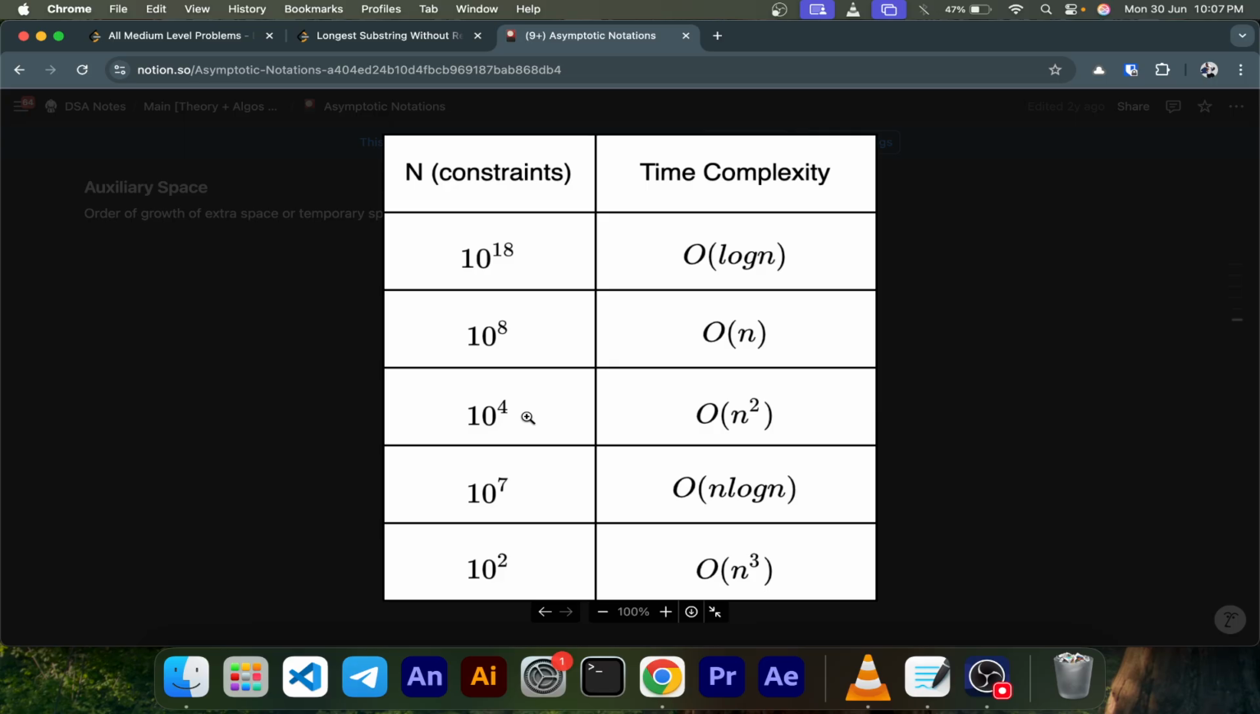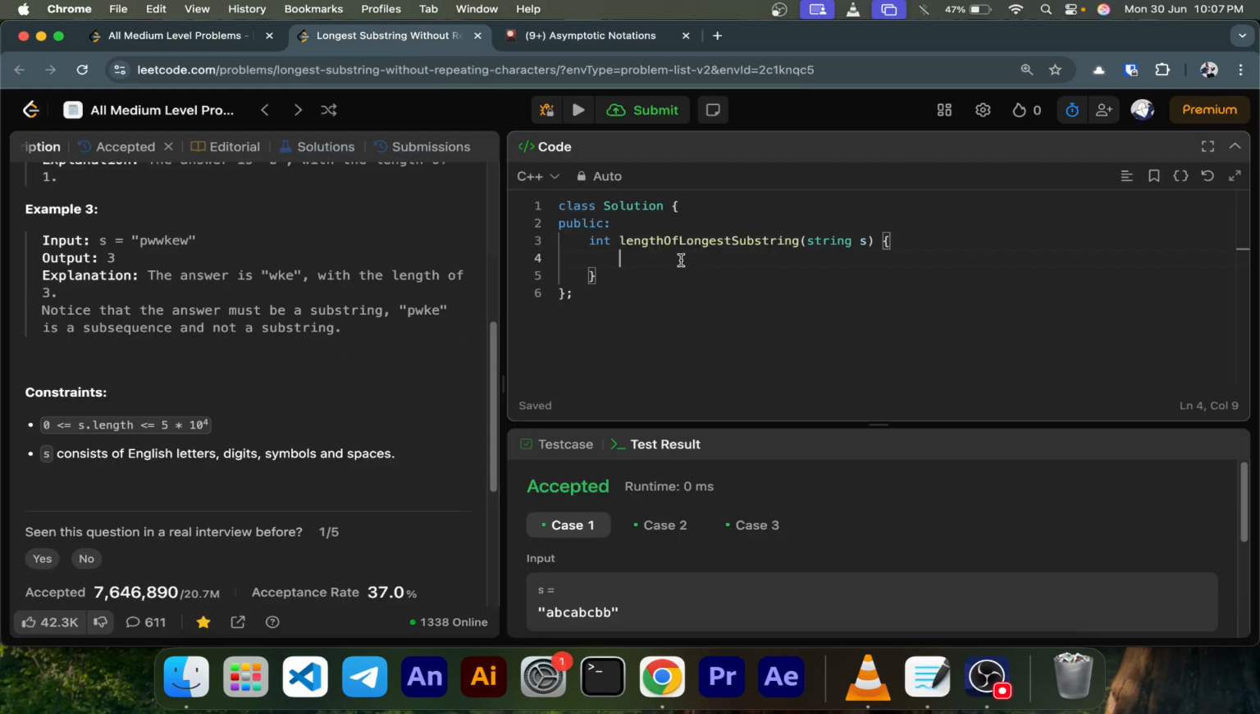So an n square solution will be a good solution, and a solution that will work in this particular problem. So I will do the same. What I'll do, we need to iterate over the string. So I'll start from index 0, go till s dot length, and increment by 1 to iterate. Now in the first iteration, or any ith iteration,